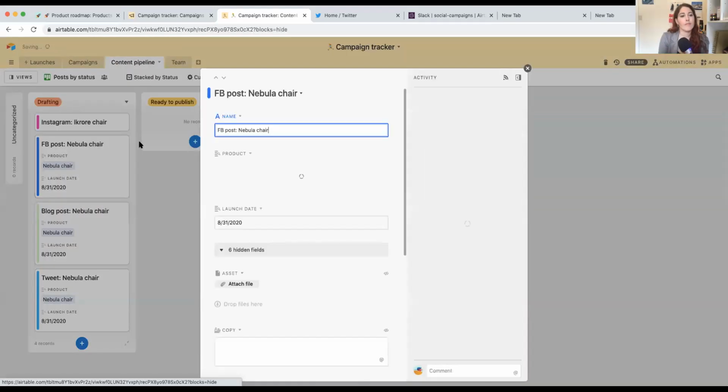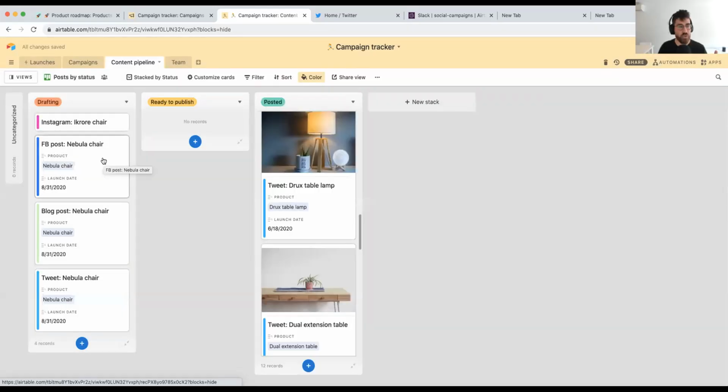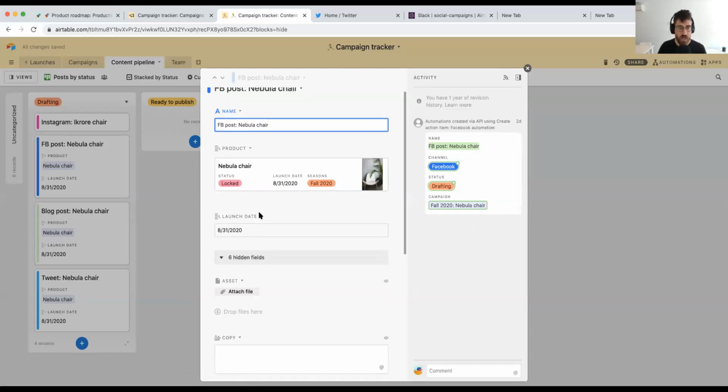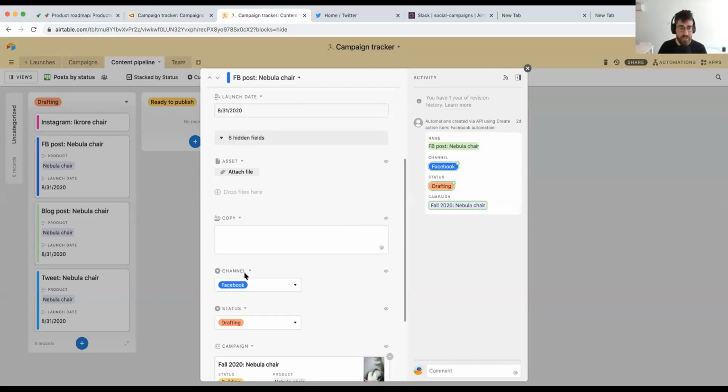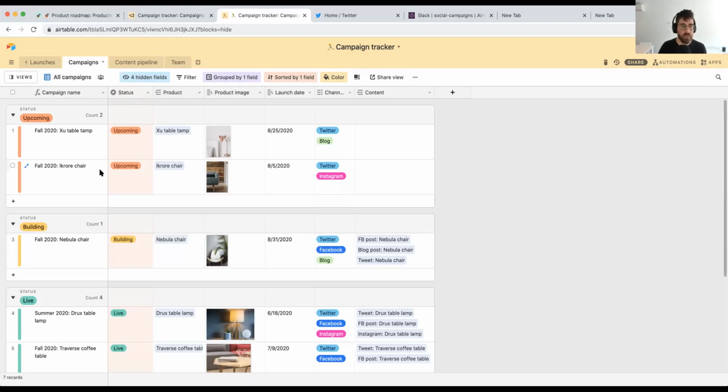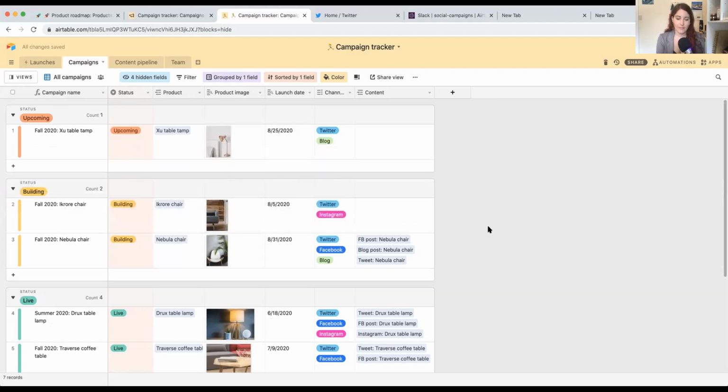So each one has that same structure where we have that Facebook post, the name of the product, we have its channel, we have the status. So these all have that same structure. So what I can do is that if I move fall 2020 into building, I want to create these linked tasks depending on different channels I've prioritized. So if I move this to building and just spend a moment distracting you, there now have those two